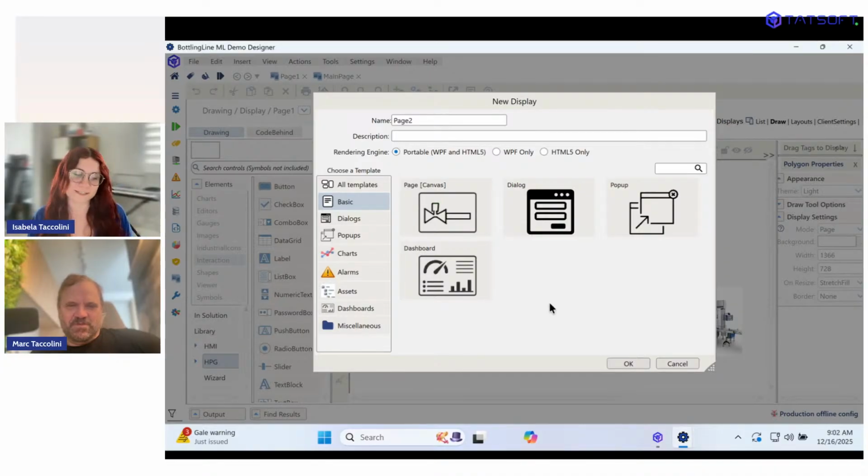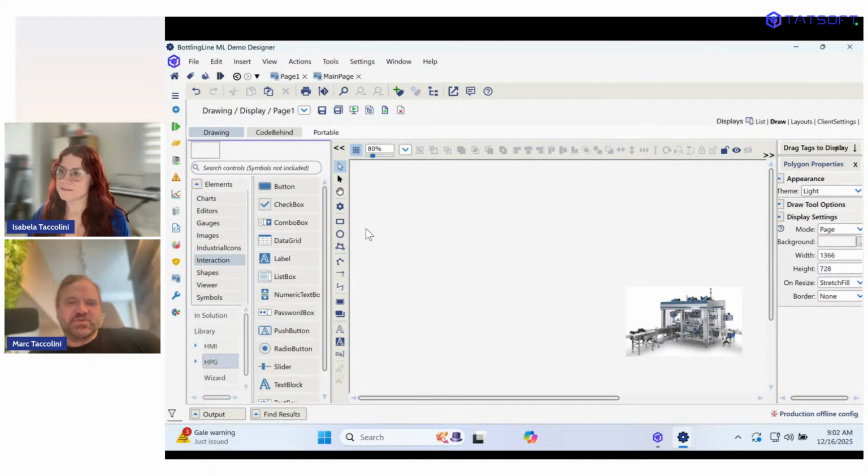Okay, the tool I'm using is FrameworX. You can download it free from our website. And there are two main types of display, canvas and dashboards. And we are now going to talk about the canvas, which allows us to do the vector drawing, as we discussed in